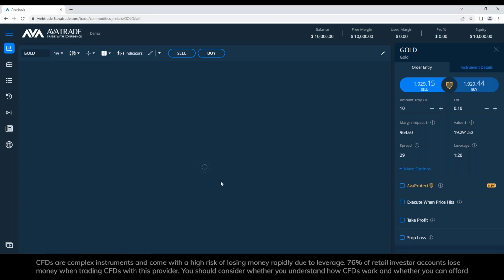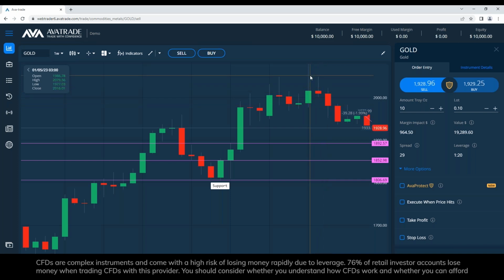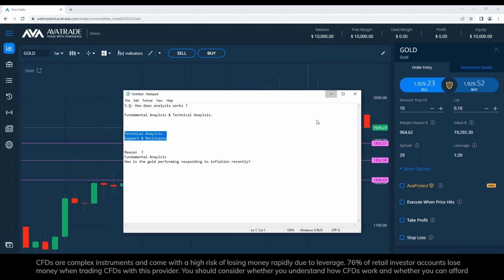Let me show you what happened last time. I think it was somewhere here with the previous decision. Okay, so that's how it works. We have technical analysis, which are the levels that I've showed you just as an example. There are other things, averages and calculations and Fibonacci and all those kind of things, but right now less relevant. And the fundamental analysis is the reason. The reason meaning events, articles, announcements, reports.